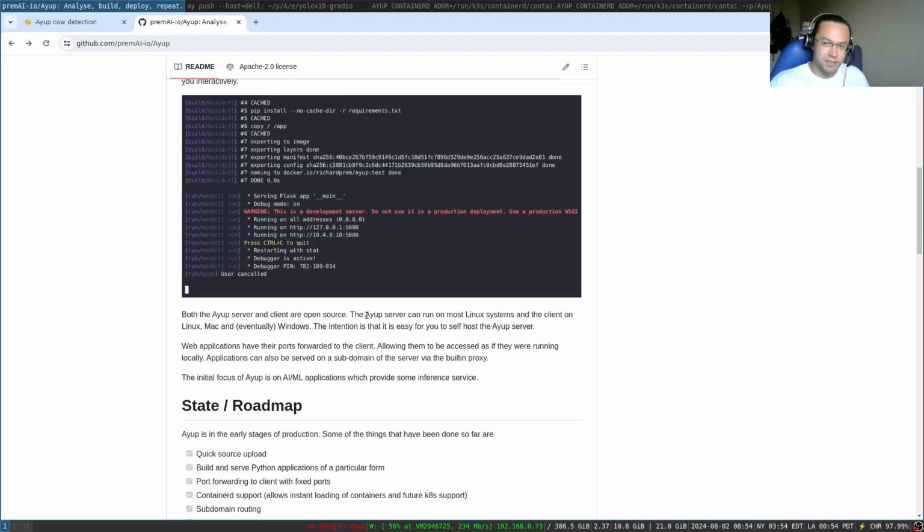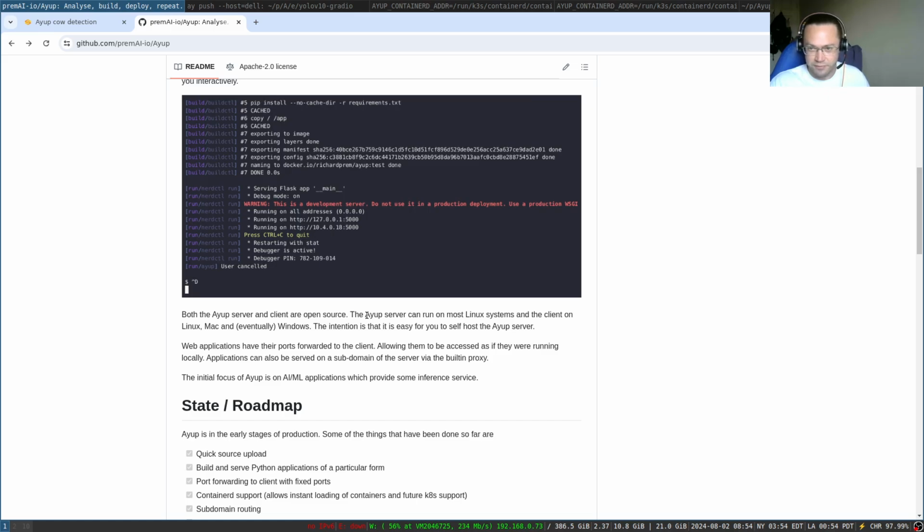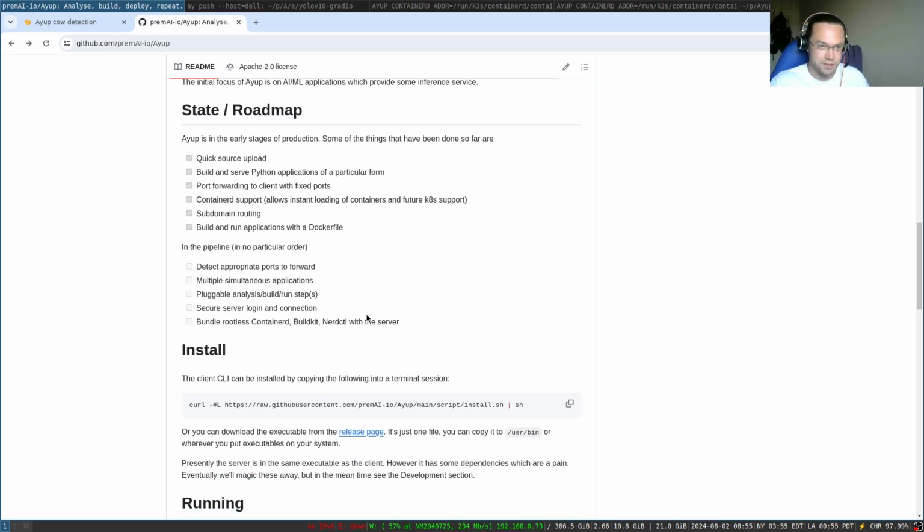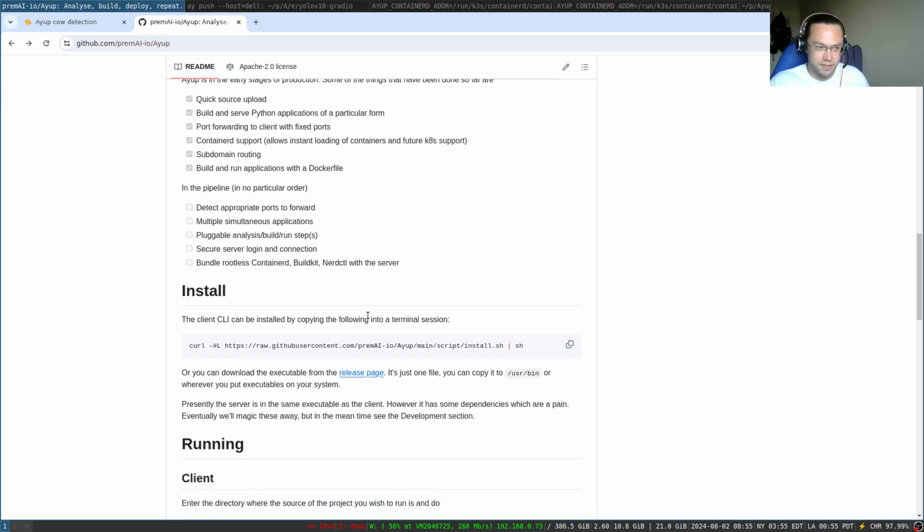It does tend to be the case with Python that you have lots of different options for project structures, and you can have a lot of perceived ambiguity,